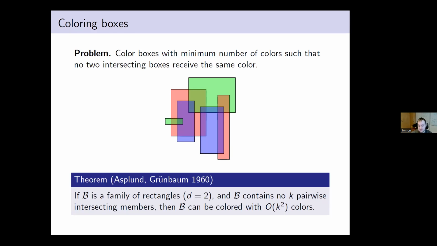The reason this result is fairly important is that it started a new chapter of combinatorial geometry and structural graph theory called chi-boundedness, where they studied the problem: given a graph from some family, is it true that its chromatic number can be bounded by just its clique number alone? There are now many results showing that this is true. There are also many results showing that it might not be true, but this theorem started all of this.